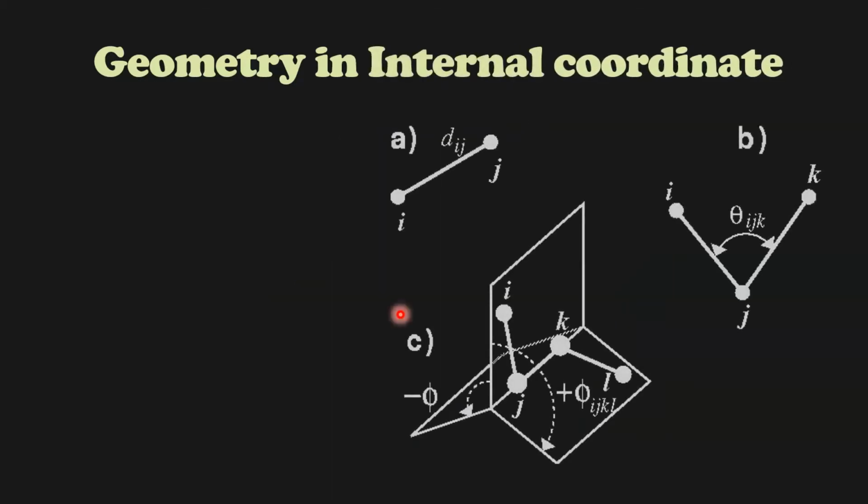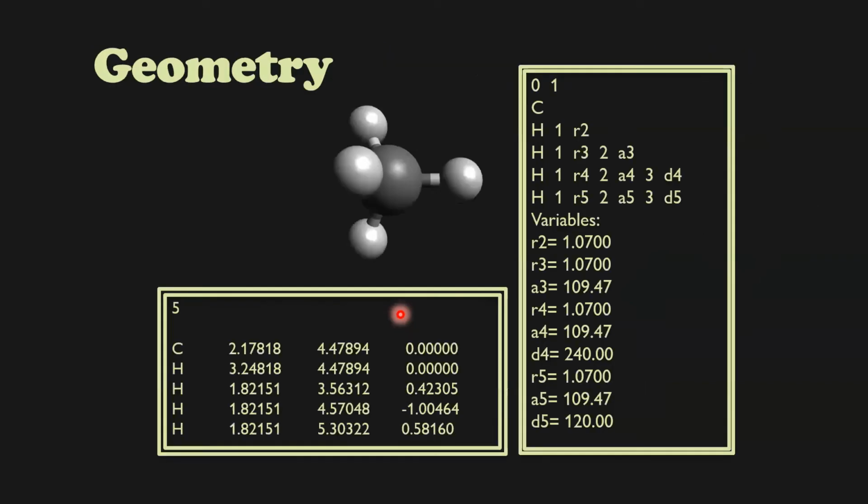Similarly, there is another type of representation called internal coordinates, where it is represented using distances, angles, and dihedral angles, which is the angle between two planes containing 3 atoms. This is another way of representation. This is somewhat easier for us to construct from the so-called Z matrix. We'll show this here. The Cartesian coordinates are easy for the computer.